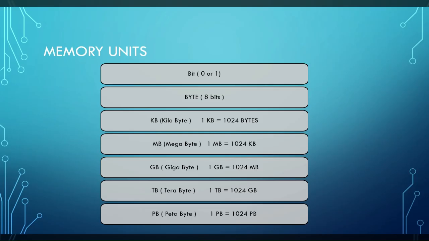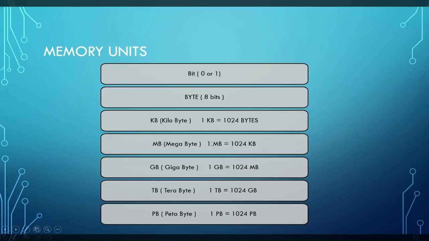Next we have megabyte, and this is formed by 1024 of KBs. So basically you can say that it is formed of 1024 KB and then multiplied with 1024 bytes, and then you can come down to bit. Then next we have GB, that is gigabyte, that is 1024 MB. TB stands for terabyte, that is 1024 GB, and PB stands for petabyte, 1024 TB.